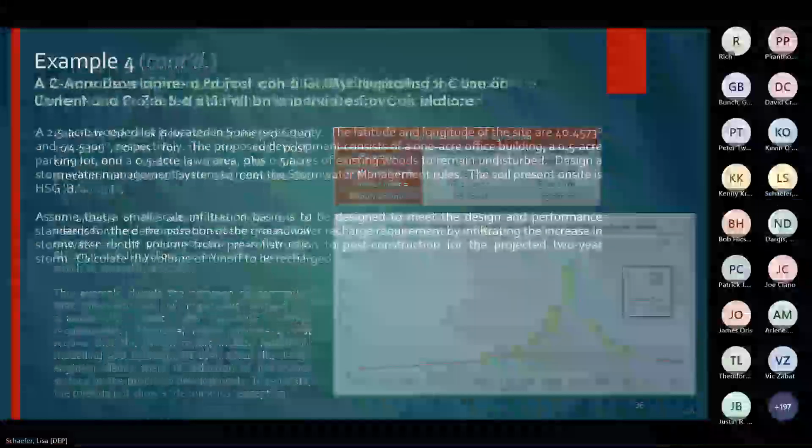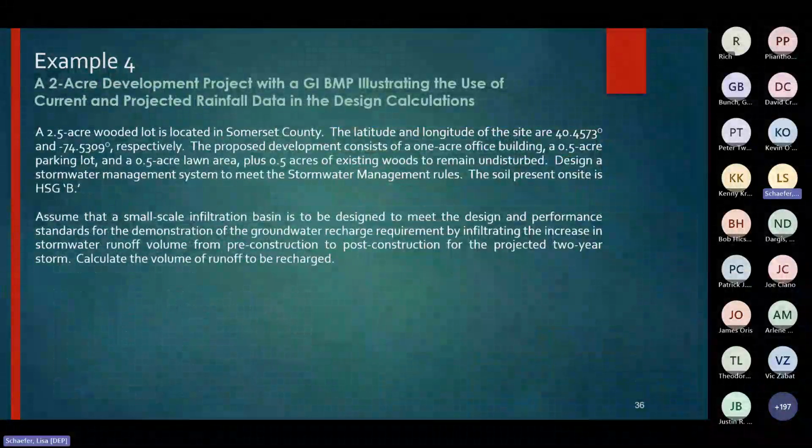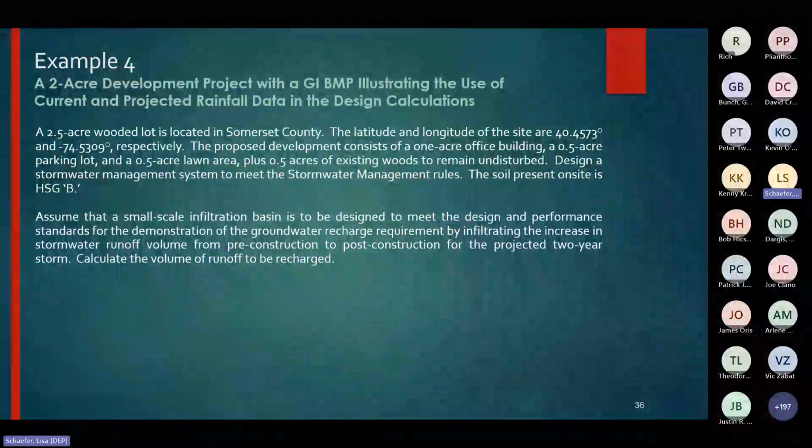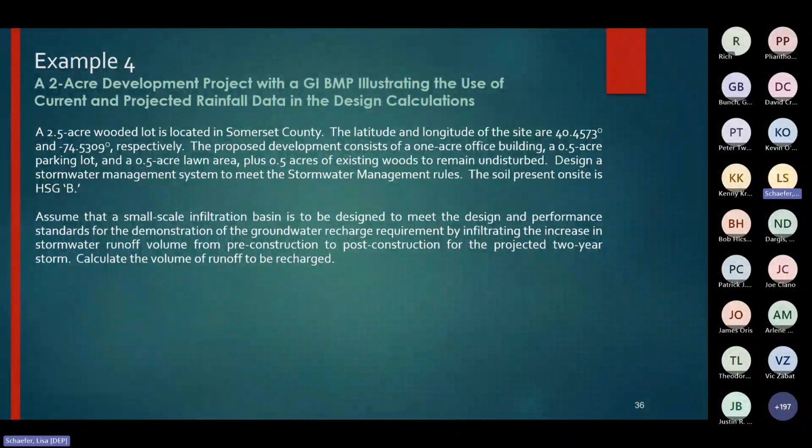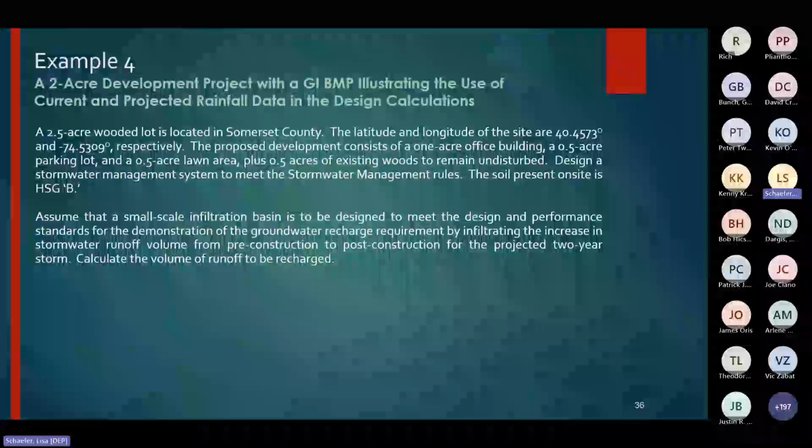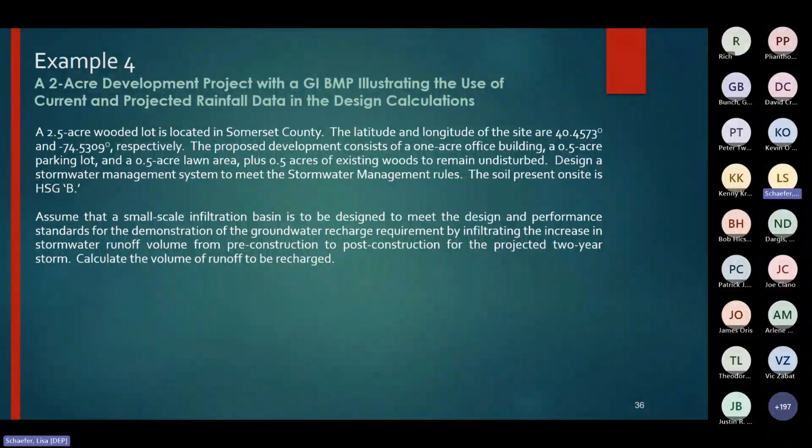All right. Example 4, this one provides a scenario showing the groundwater recharge calculations. For this, we've got a 2.5 acre wooded lot located in Somerset County. The latitude and the longitude of the site are 40.4573 degrees and -74.5309 degrees respectively. The proposed development consists of a 1 acre office building, a 1/2 acre parking lot, and a